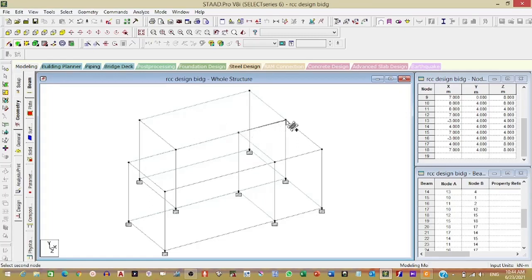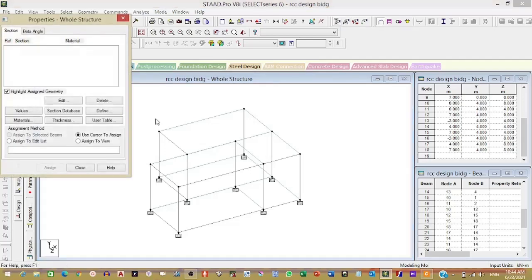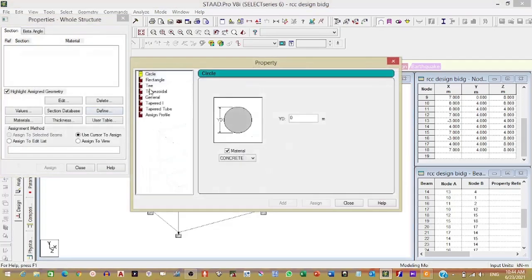Then this is the selection support. You go to the property page, and in the property page you go to define. We'll define a beam size. We'll take a rectangular beam size. This size you need to decide. We'll assume it, but for that you will need a study. Then we'll close this and go for the thickness. Thickness is for the slab. Slab thickness is generally 5 inch.